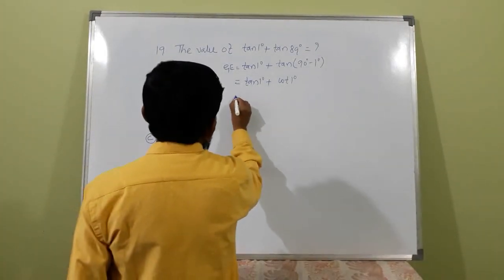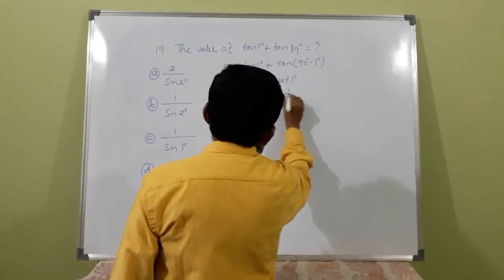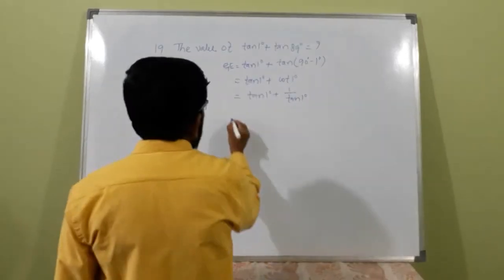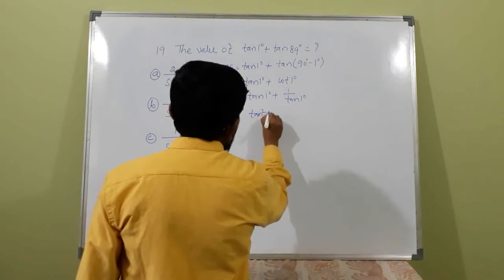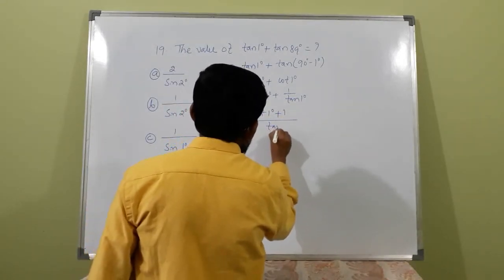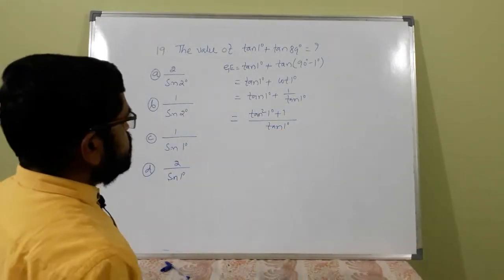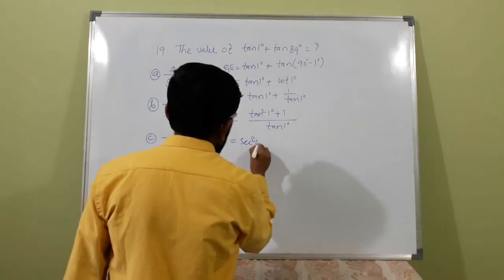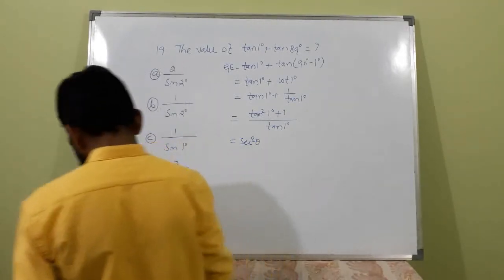This is tan 1 degree plus 1 by tan 1 degree, or cross multiplying, tan squared 1 degree plus 1 divided by tan 1 degree. Tan square θ plus 1 is secant square θ. This is secant squared 1 degree